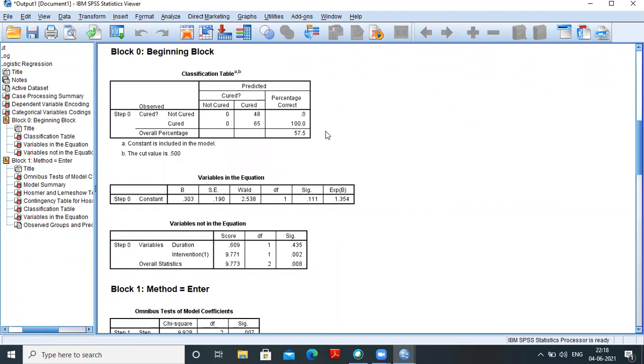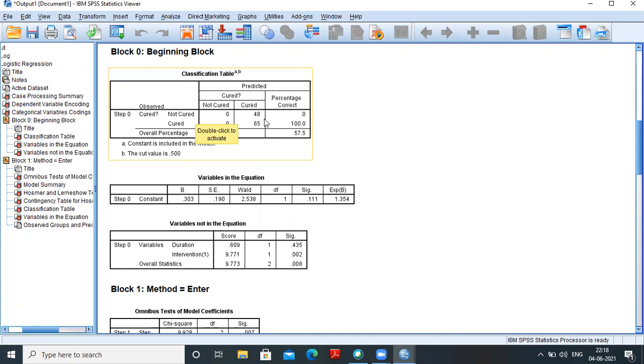These are the observed values, and these are the predicted values. Observed values are 65 for cured cases and 48 for not cured cases. So I will take all the predicted as cured, because the higher value is for the cured cases.